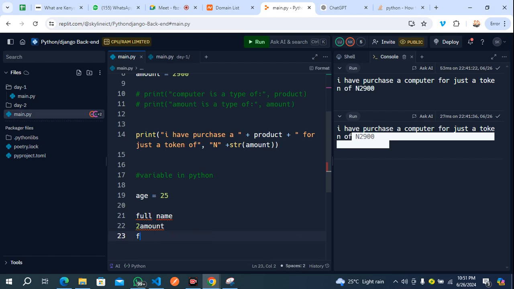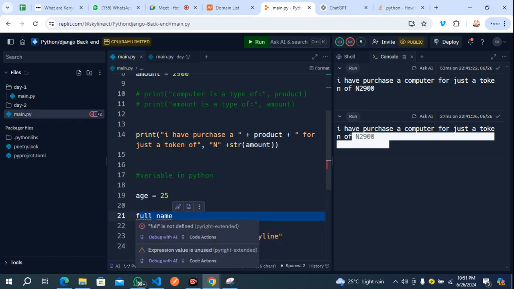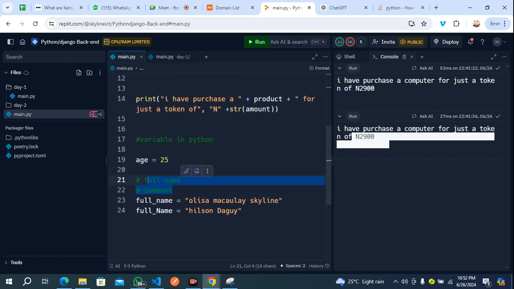You can say fullName and then you have another FullName, right? Now, these particular variables are not the same. Like I told you, they are case sensitive. They are not the same.